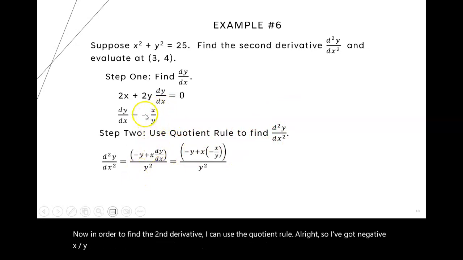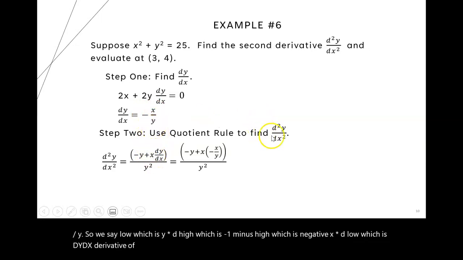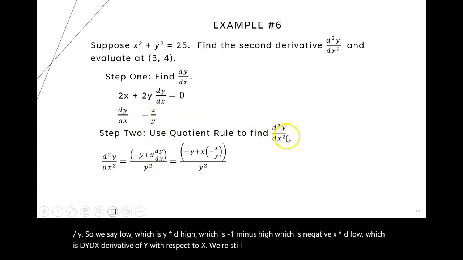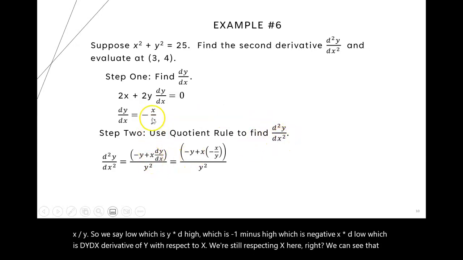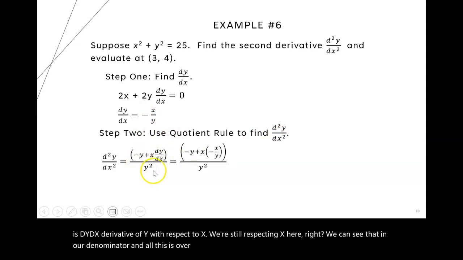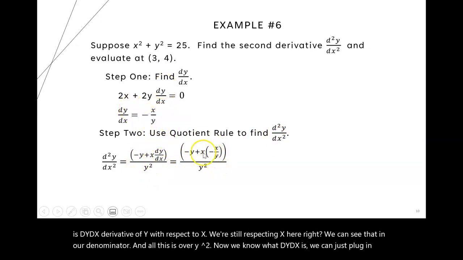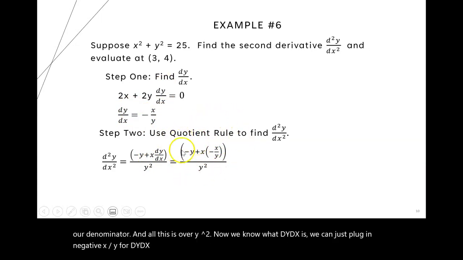So we say low, which is y, times d high, which is negative 1, minus high, which is negative x, times d low, which is dy/dx, derivative of y with respect to x. We're still respecting x here, right? We can see that in our denominator. And all this is over y squared. Now we know what dy/dx is. We can just plug in negative x over y for dy/dx,